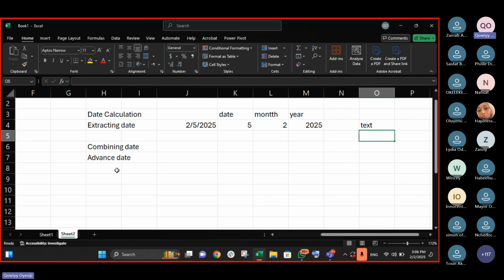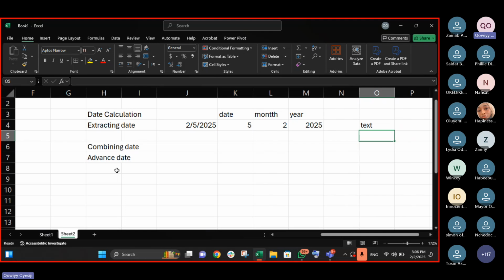I'm going to do my part first, after that I pass it to Zani, and after that she passes hers to Nafisa. When Zani wants to start her work, she will need to understand this calculation I made here to be able to perform her work effectively. So part of what I can do is bring my text box and put a brief explanation: this particular calculation, this is what it means.